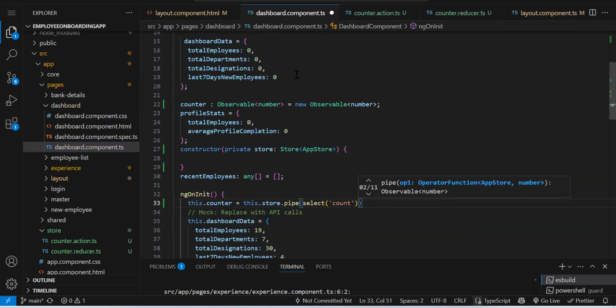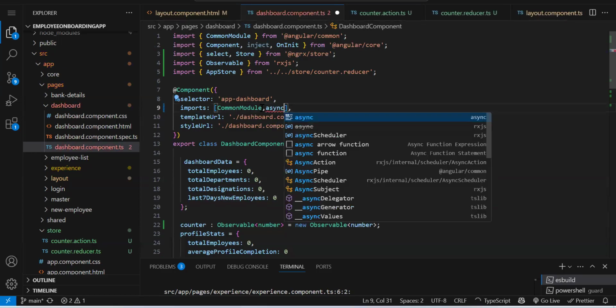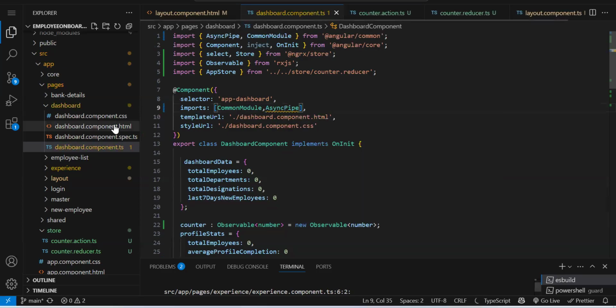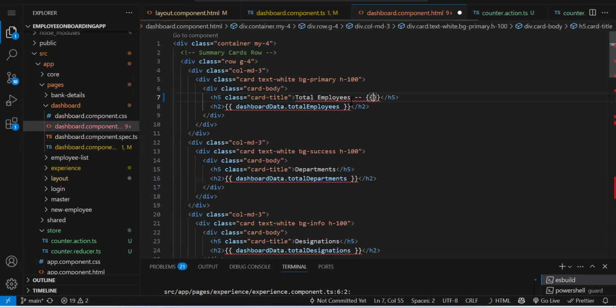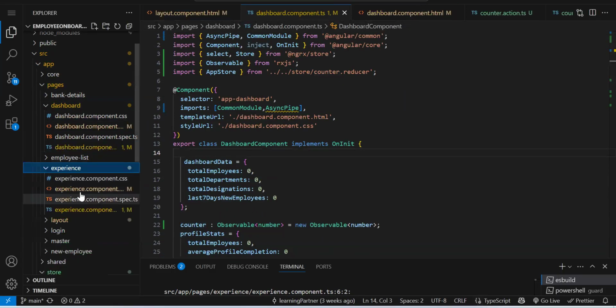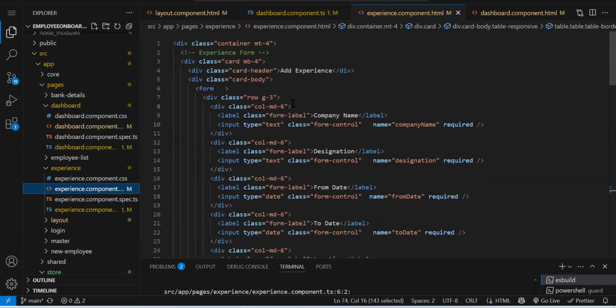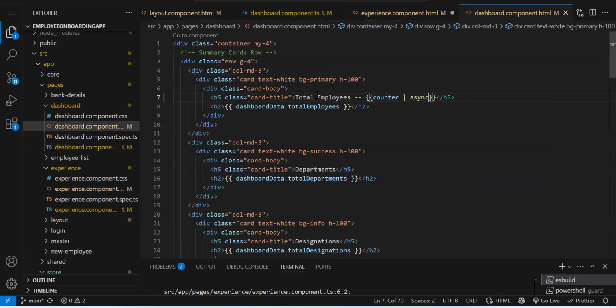Okay, and this again is async data, so we need to use the async pipe. Okay, after total employee, I'm doing the counter. Let's do it over here also, and in the experience component also I'm doing the same. After add experience, I will just copy paste now.